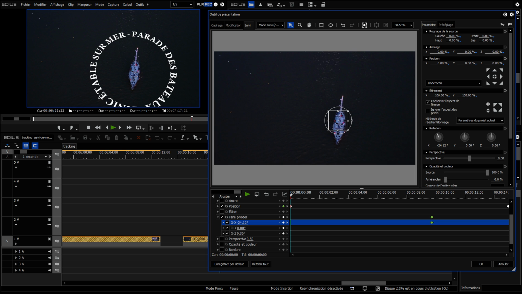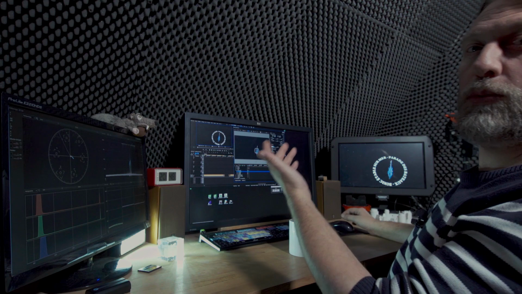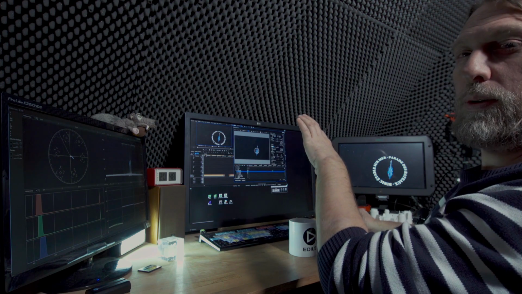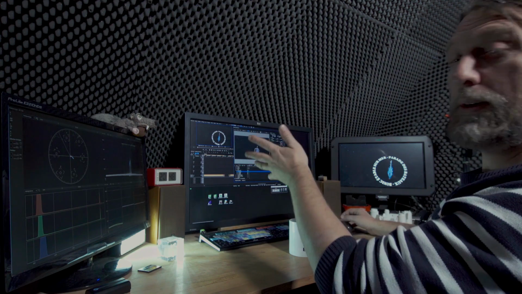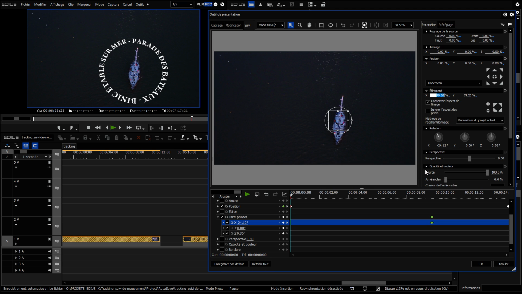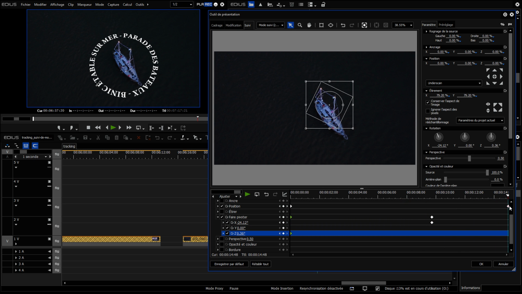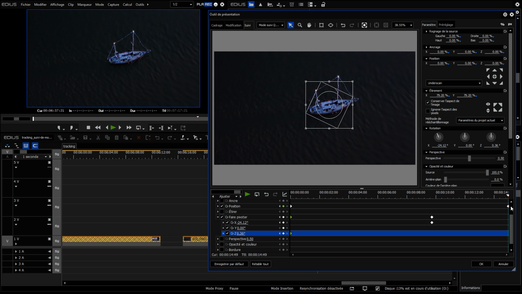And now I think I can reduce the stretch a little bit, the size, so that we have the impression that it is actually circling the boat. And now I'd like to rotate the title around the boat. So here, I'm not going to use the motion tracking model, but I'll do the rotation myself, so that we have good readability of the entire title. So this is the Z-axis. And we will go to the end.